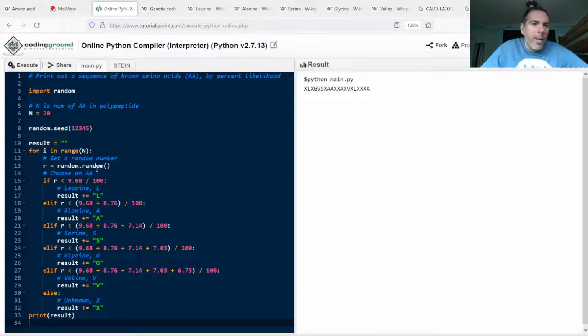And it weights them by the ones we have covered. It's weighted by abundance. So leucine will be 9.68% of these letters over the long haul. Alanine, 8.76%. And I can go down the list, but